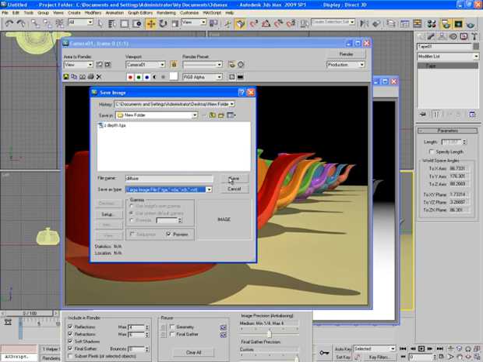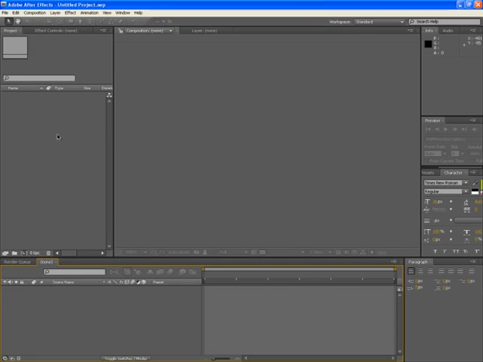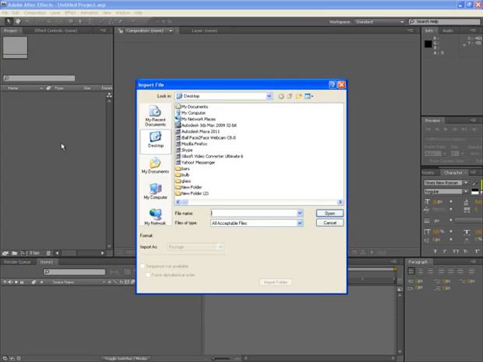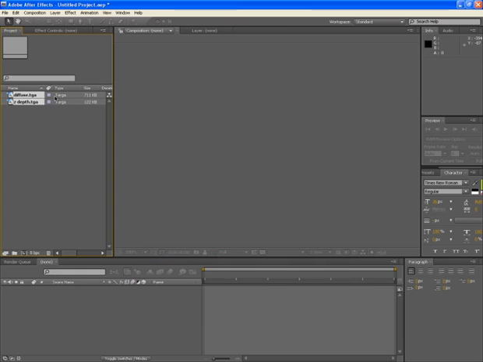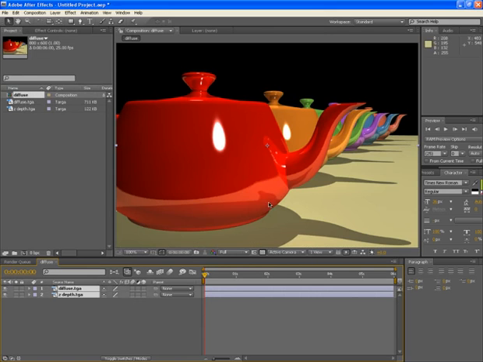That's fine. So now let's move to After Effects. This is After Effects. Let's bring the two images here, diffuse and Z depth. Drag these here as a single composition, and duration may be like 6 seconds. Okay.